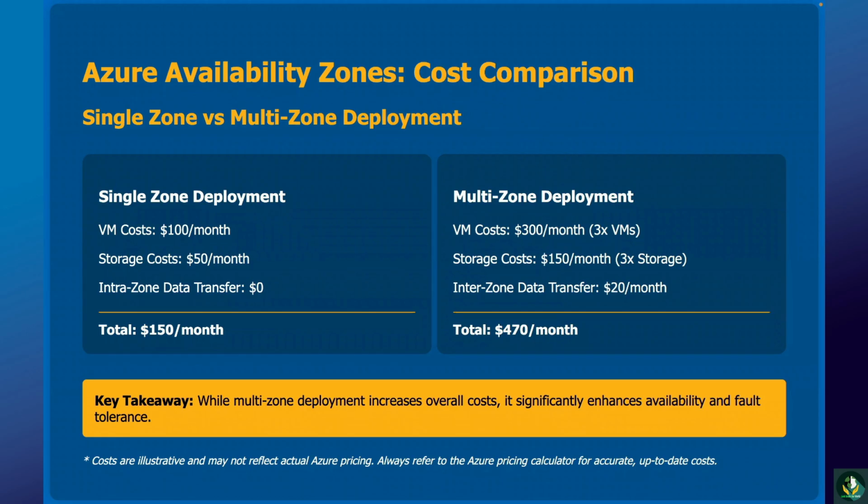Now, let's compare the costs. Let's have an example of comparing the costs when using availability zones versus single zone. So, in a single zone deployment, all resources are located within the same availability zone. This setup is simpler and generally less expensive, but it doesn't provide the high availability that multi-zone deployments offer. For example, typical costs might include VM cost $100, storage cost $50, and intra-zone data transfer $0. And this solution will cost you